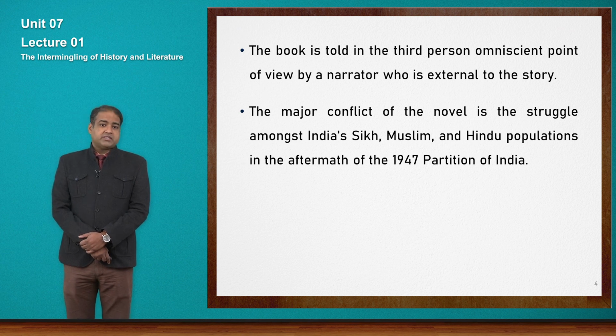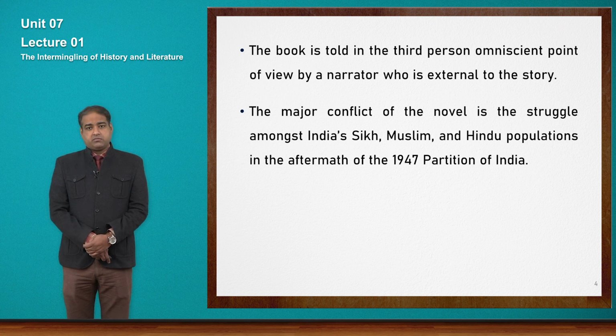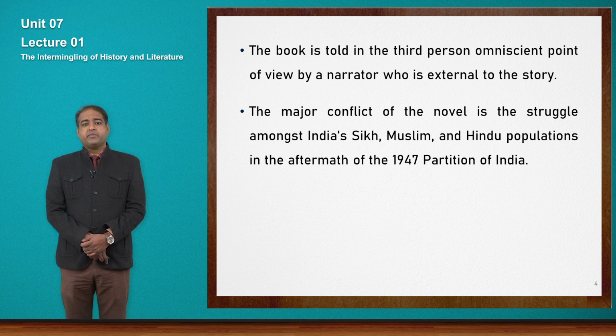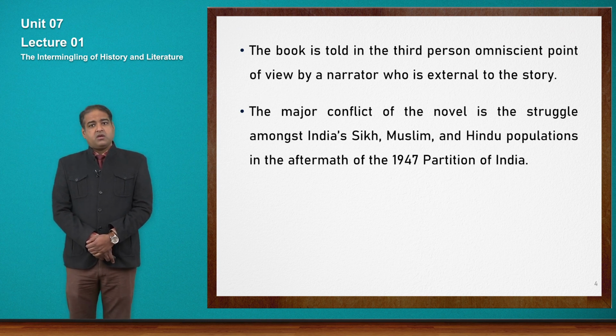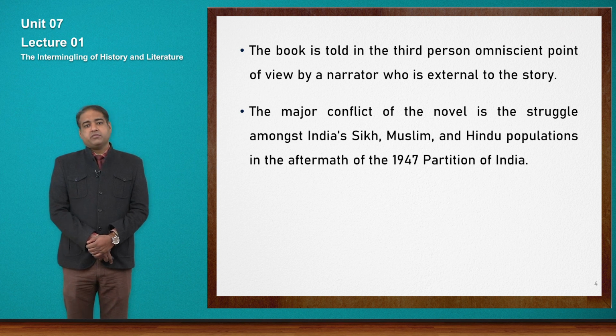So, we can say that the narrator has a third person omniscient point of view. Why third person? Because the story is written in the third person, not the first person or second person. You know that in first person we use I, and in second person we use you. But in the third person there is an omniscient point of view which is presented by the narrator,